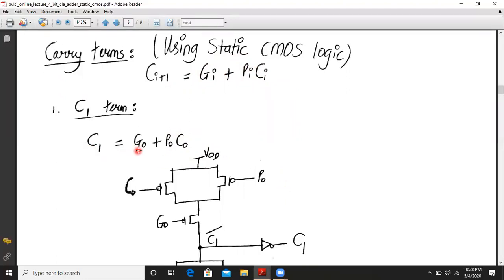C1 is given by, for i equal to 0, C1 = G0 + P0 into C0. So this equation we have to implement. This is an uncomplemented equation, so at the output you will get C1 bar because we have to implement it using static CMOS logic. I will show you the implementation directly.